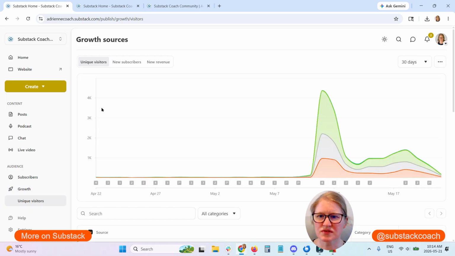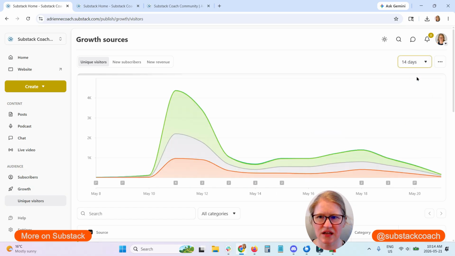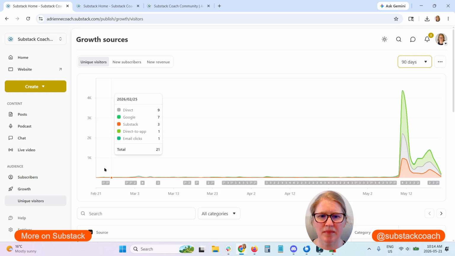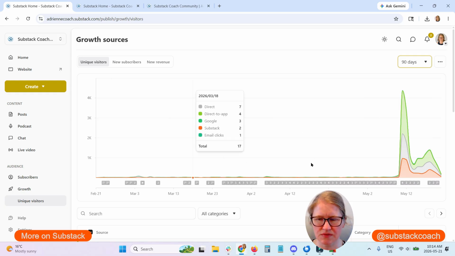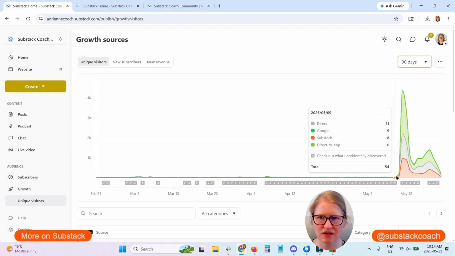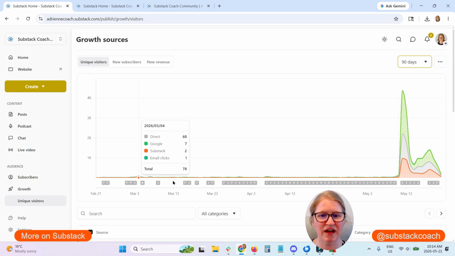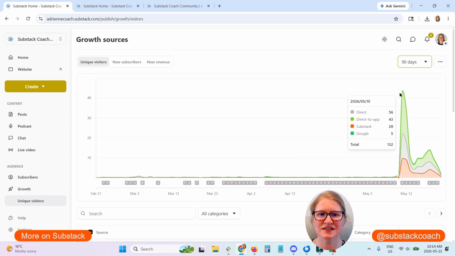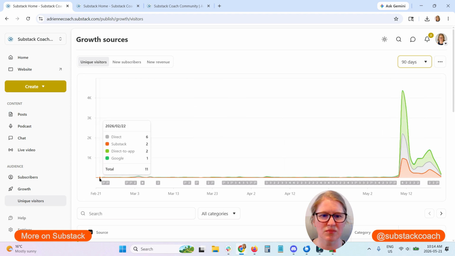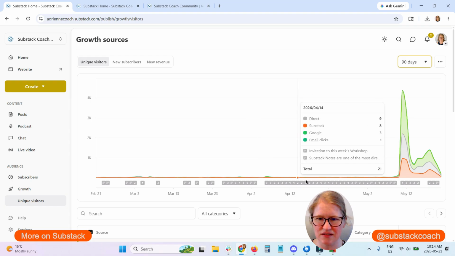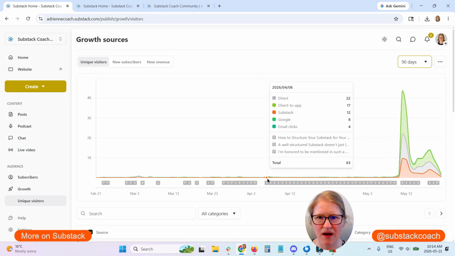The first thing it pulls up is this chart. It's always going to show 30 days. I like to narrow it down, or you can also expand it, and you can see the little differences and blips. I had a post kind of unexpectedly take off here. So this is why it looks like I have nothing and then suddenly something. It's just the difference more so than the fact that this was low.